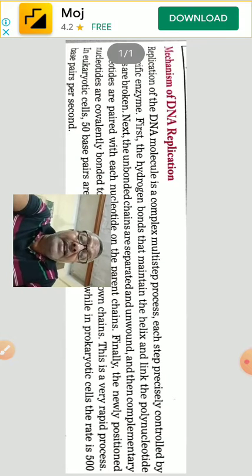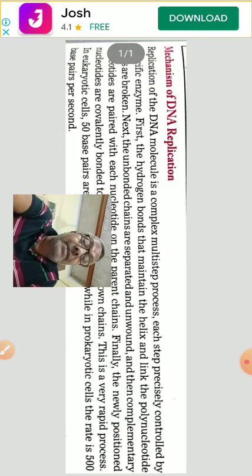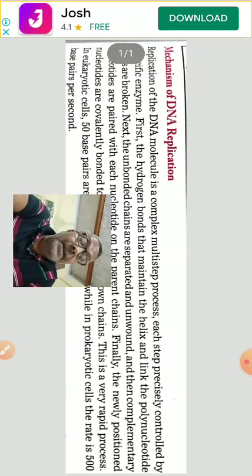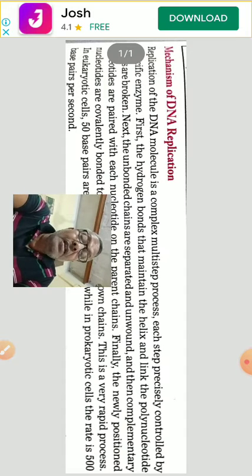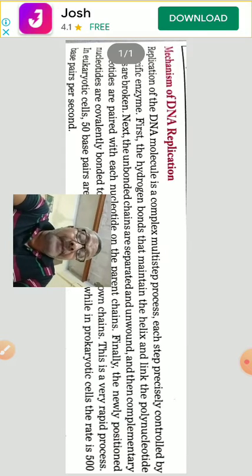Next is formation of RNA primer. An RNA primer is a short segment of RNA nucleotide. It is formed at the DNA template before replication begins. It is like putting a knot at the end of the thread before you make a string of pearls. Formation of the complementary DNA strand cannot begin without the formation of an RNA primer.